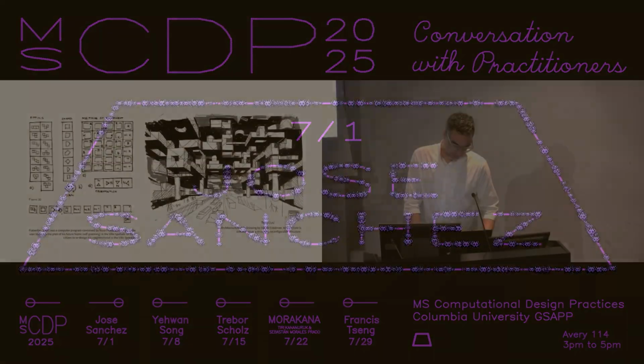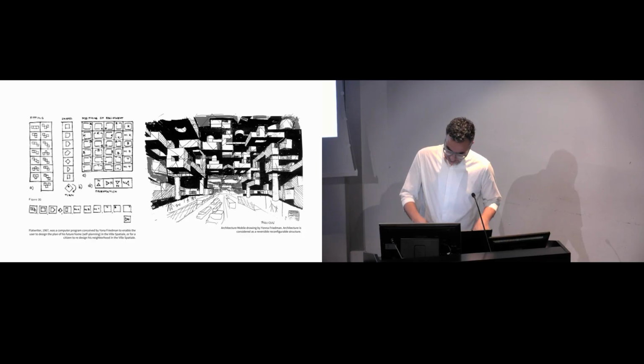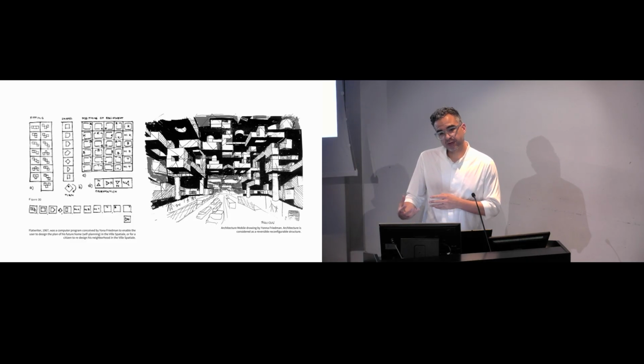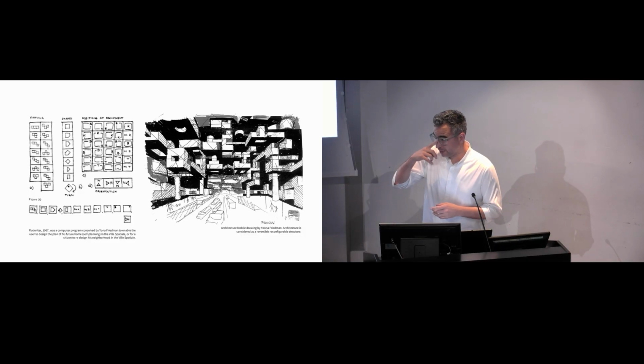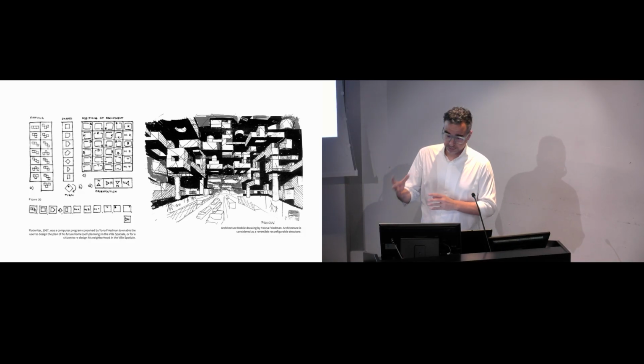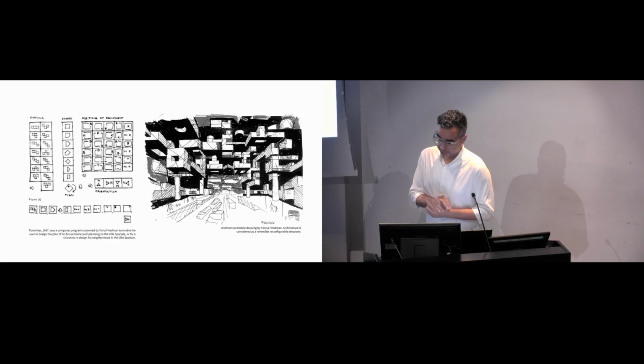was central, and Trevor Schultz was certainly one of the people that I was kind of reading. But historically, this project sits in the legacy of someone like Yona Friedman, who very early on started conceiving of what you can see on the left, a prototype of a software called Flatrider, written in 1967,